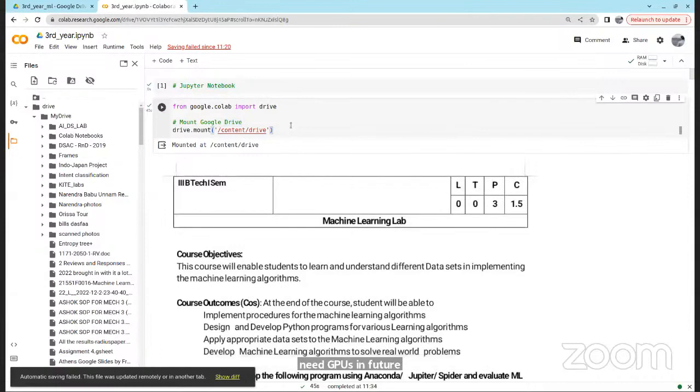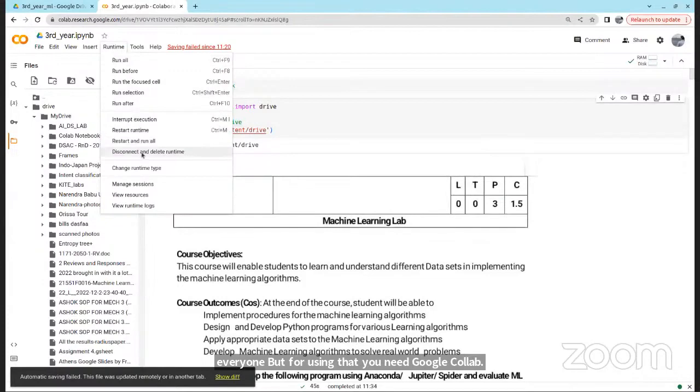Not everyone can afford GPUs. You have to buy a GPU, set up the GPU, and go through all that process. But also it's costly, and not everyone can afford that. So that's why Google made GPUs available for free to everyone. For using that, you need Google Colab. How to use it? I'll show you here.